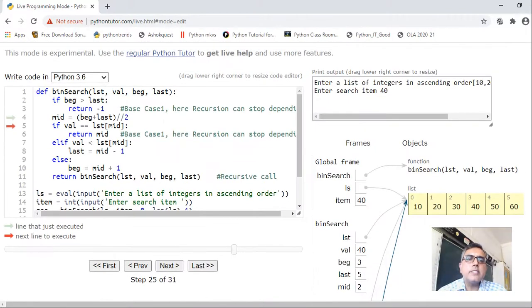If val is equal to LST of mid, value is 40, mid is 3, so val is equal to LST of mid in this case, yes. So it will return 3 here, right? Next. So it has come here, see, within this if statement, return mid.